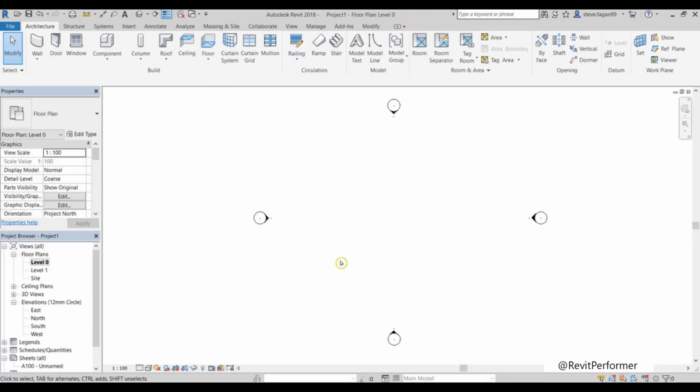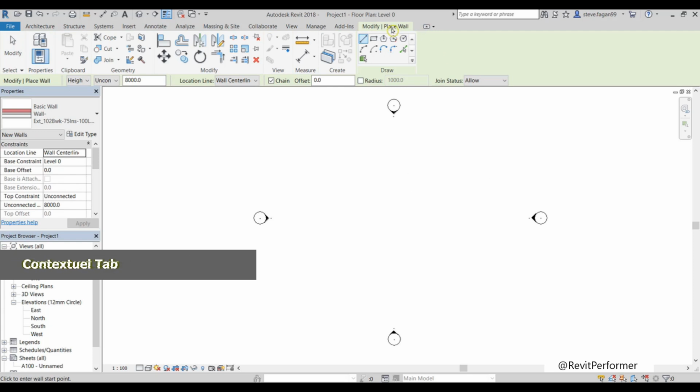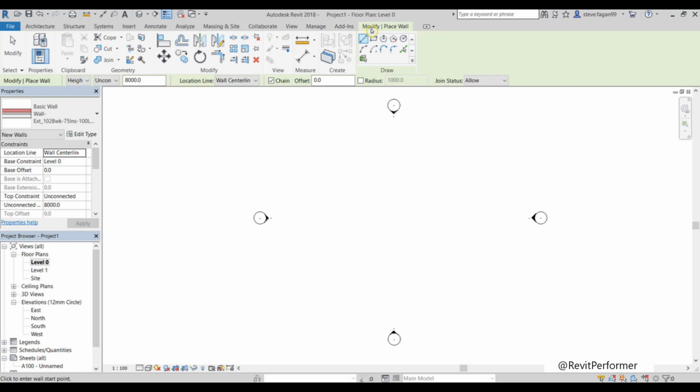Next, we have what's known as the contextual tab. The contextual tab will only appear when you select a tool. So as an example, if I select my wall tool, we'll notice we're on the architectural tab. We have the architectural ribbon. So when I select my wall tool, you'll notice that the tab will change. We are now on what is known as the green contextual tab. So it says